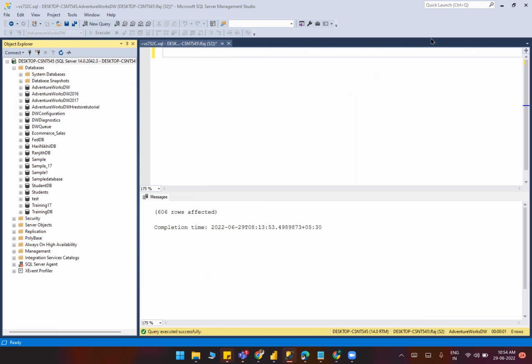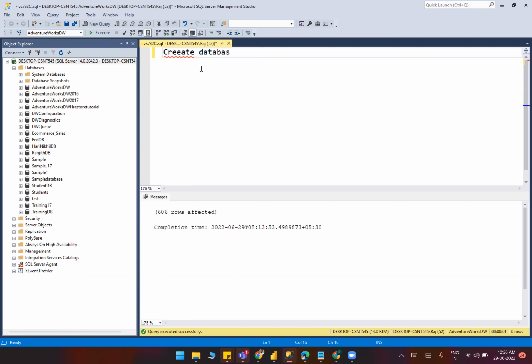Okay, I went to new query, sir. Then a blank page opened there. To create a database, I have typed create database and I gave the file name. Then I executed it. Okay, so in my case, I'll take just